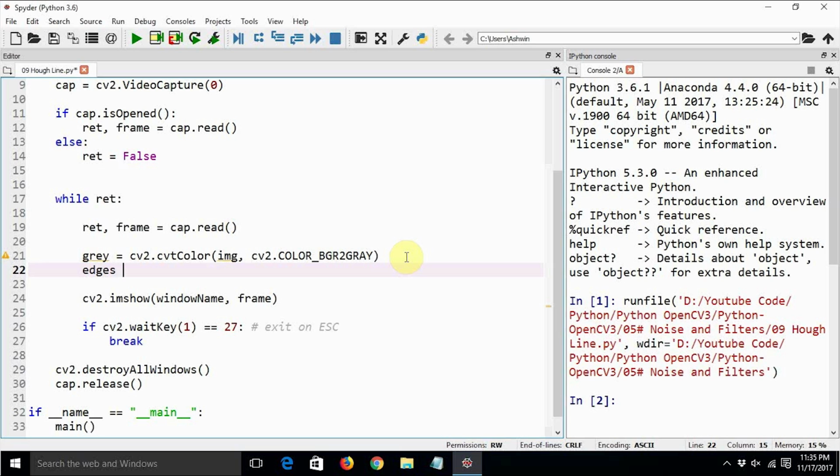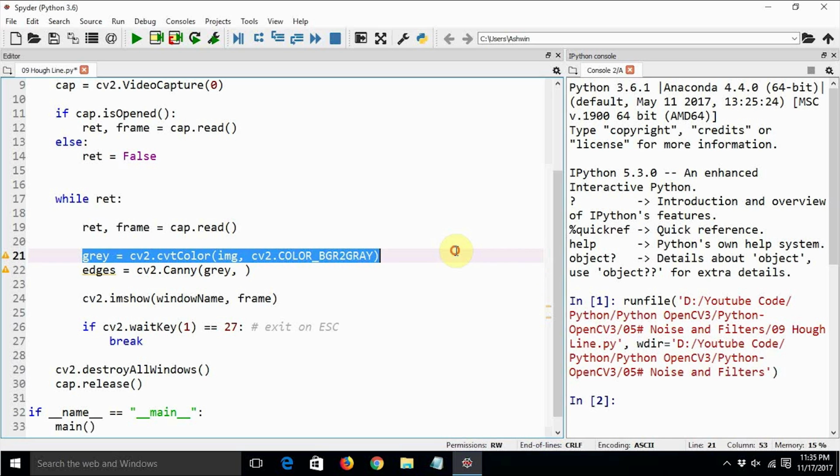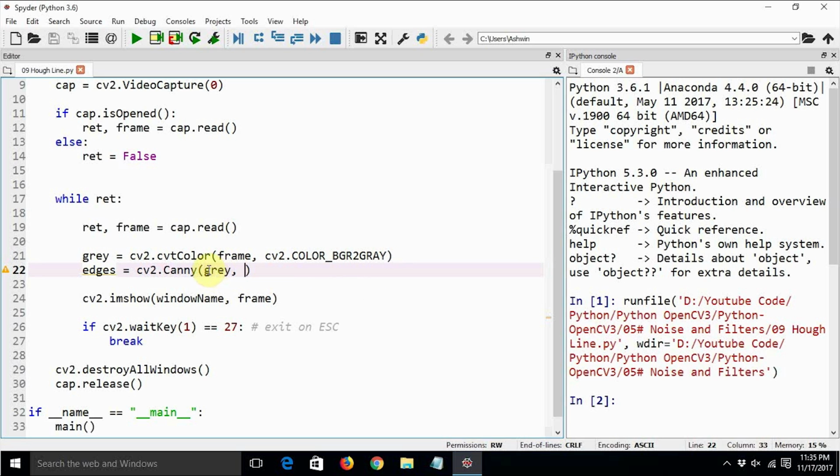edges equal to cv2.Canny, and then we are going to send this grayscale image, so I guess we have to use gray here, to the Canny edge detector function as an input, as an argument, so that we will get the set of edges in the image.